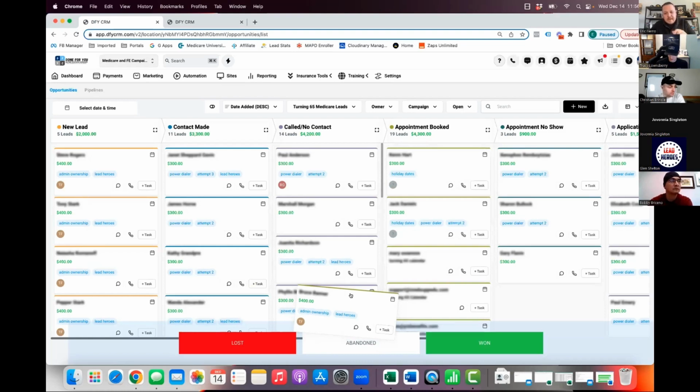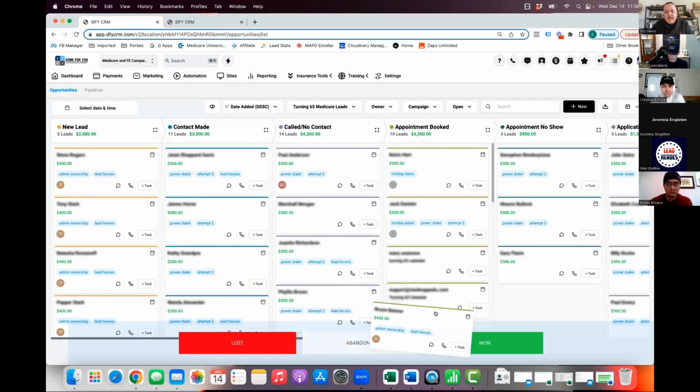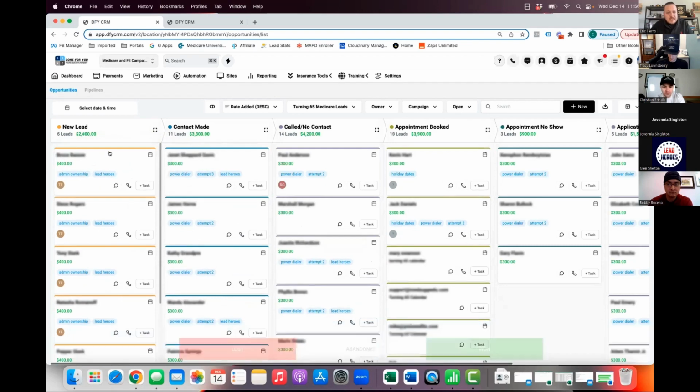So abandoned would be for people you exhaust in terms of making all the calls you can and the automation is exhausted. And won is obviously because we won the sale. So this is why we create that opportunity card step, so that we can work it through our pipeline and make sure that we're keeping track of